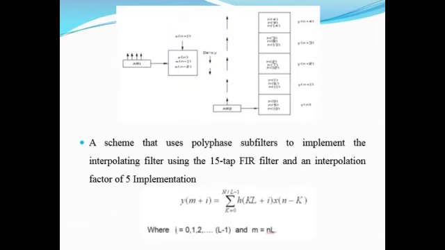So this is how the concept is diagrammatically represented: AR1 points to x of n, x of n minus 1, x of n minus 2, and so on. And h of 0 to h of 14, the 15 values, are pointed by AR2. Again there is a delay, which can be used to get x of n, x of n minus 1, and so on. So this is the equation which is used to represent this particular task.